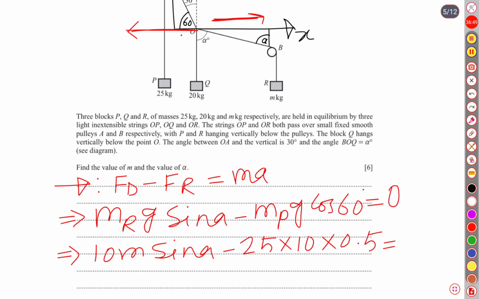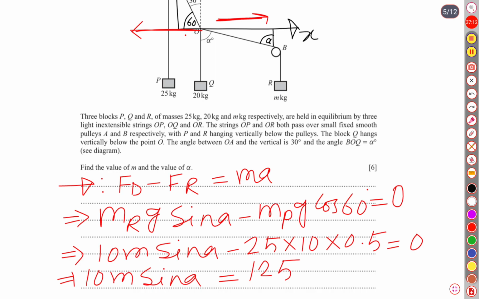0.5 is equal to 0. Then if we simplify, we will find that 10m sine alpha is equal to 250. Half of 250 is actually 125. So it is 125. Then if we isolate sine alpha, it is going to be sine alpha is equal to,